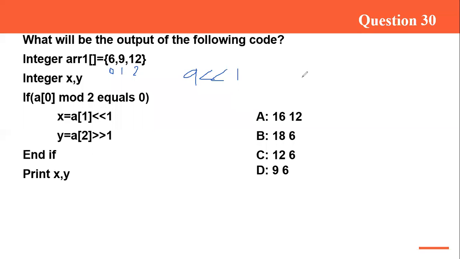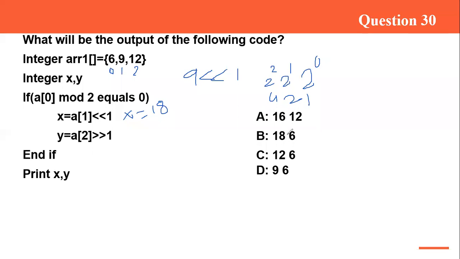Why will we multiply? Because 2 power 0, if you are moving towards the left side, it will become 2 power 1. 2 power 1 will become 2 power 2. The value is getting multiplied by 2, right? 1, 2, 4. These values are getting multiplied by 2. So when we move left side, we will multiply it by 2. So 9 will become 18. Actually, 9 will not become 18, but 18 will be stored in X. 9 left shift once, that result will be stored in X. So X value is what? 18. Super. What everyone answered is absolutely correct, because by answering the first one itself, we can decide the answer,